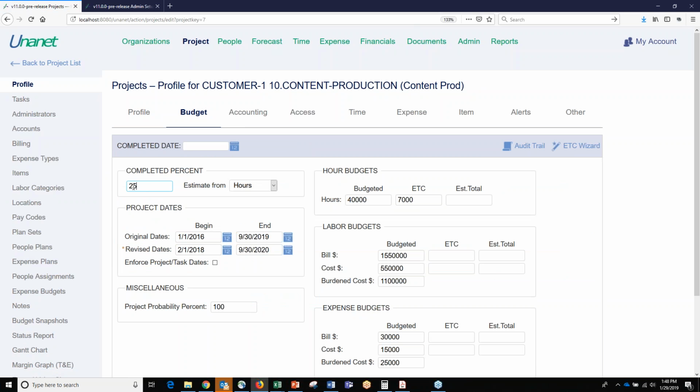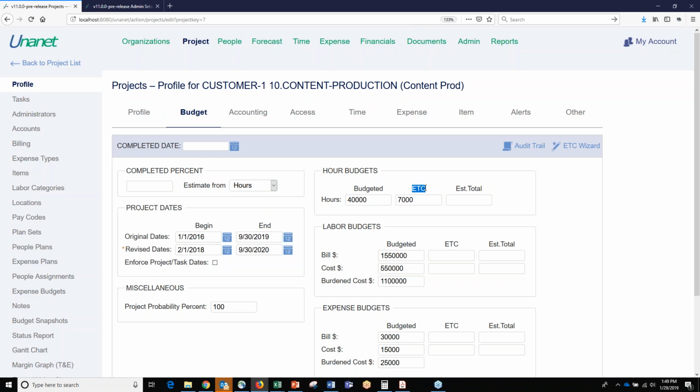But the percent complete can either be entered into Unanet, in which case we'll take the percent complete that was entered, or Unanet will calculate the percent complete based on the hours or the dollars. So the hours here are looking at the actual hours, the budgeted hours.